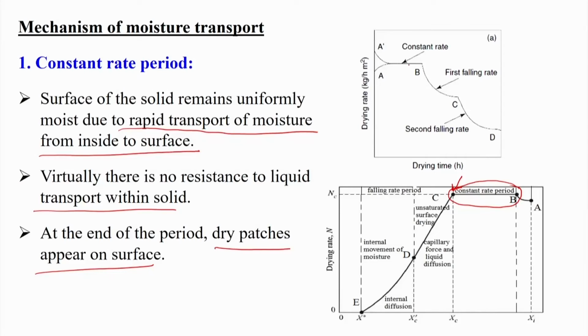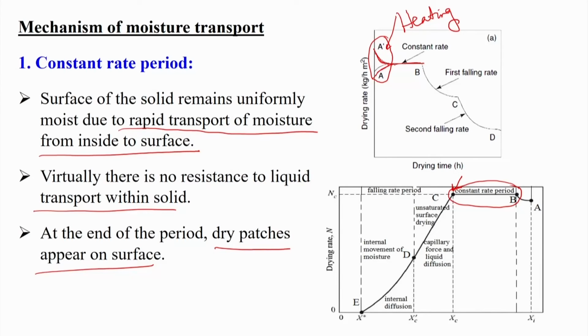So we can see the constant drying rate period from here to here. I told that from this point the drying rate may be decreasing, or sometimes increasing, that is the initial adjustment part. It is only due to heating, because first we need to heat the wet solid. So due to this heating, the drying rate either decreases or sometimes increases, and then it will remain constant up to this.